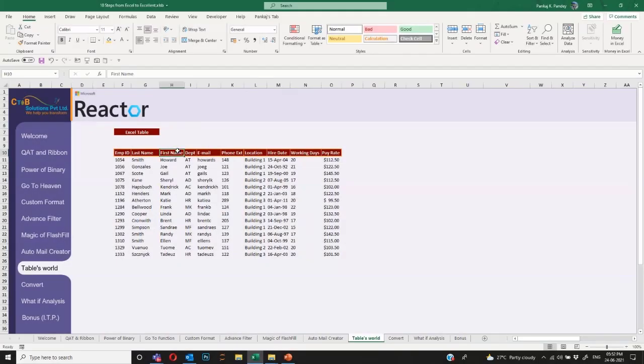Table is a very important tool in Excel. A lot of people don't use it, but I'm going to quickly take you through the advantage of a table. Table is the solution to one of the biggest problems in Excel, which is a static range. Let's say I have this data. I'm going to apply one formula in this. And tomorrow I also have to add some column in this, maybe a bonus column here.